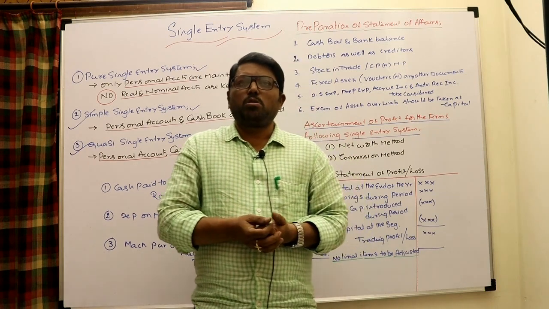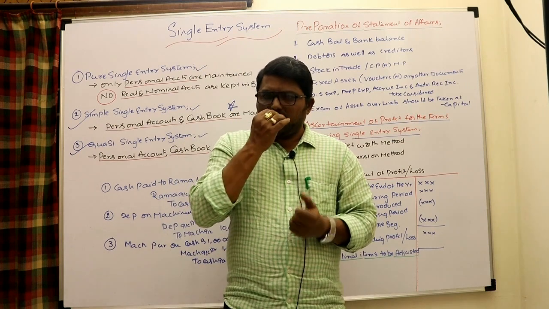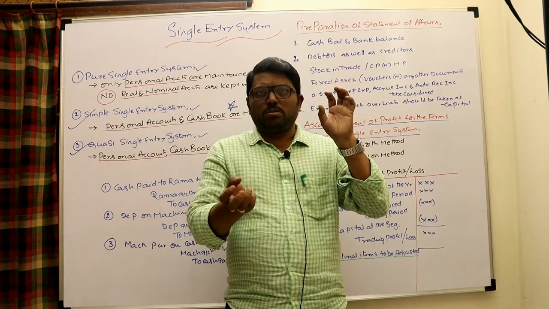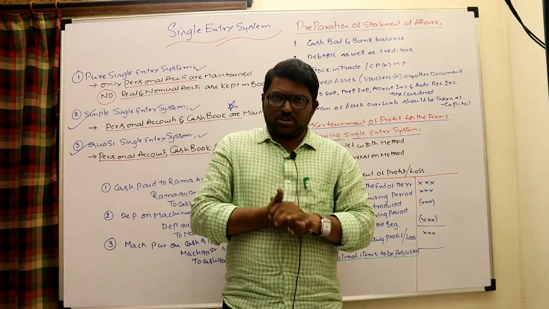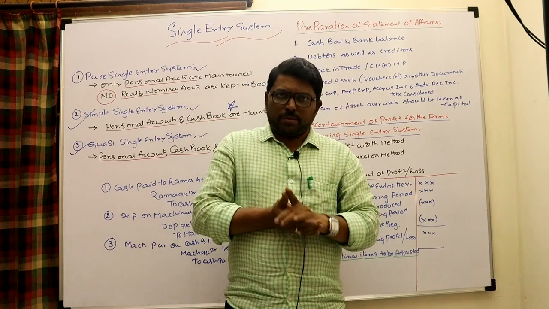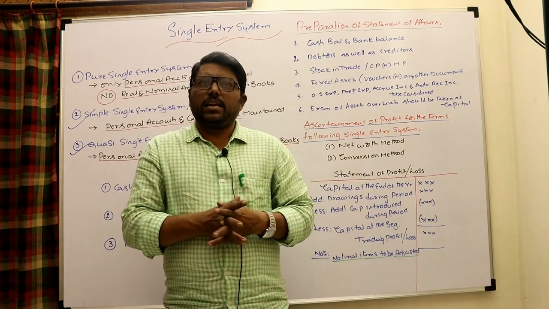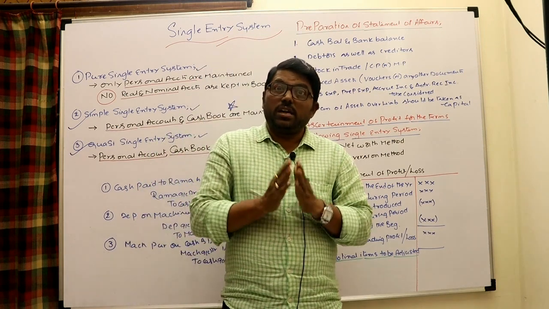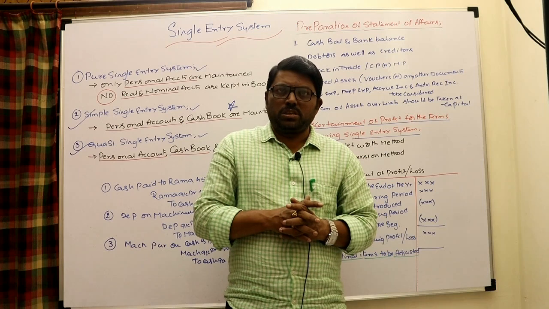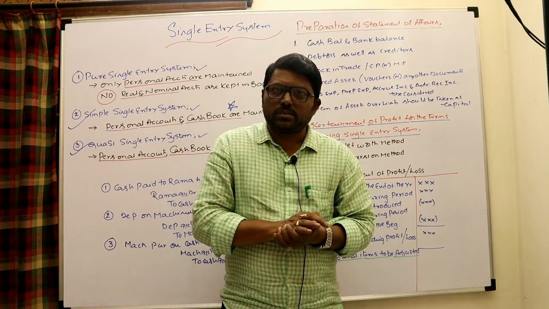In the capital comparison method, how can profit be known? Simply compare the opening capital and closing capital. The difference I can simply say is profit. For example, opening capital at the year beginning is 10 lakhs, and capital at the year ending is 20 lakhs. I can say 10 lakhs is a profit, definitely. Is it? Yes, unless drawings are there during the period, unless some additional capital brought in is there.